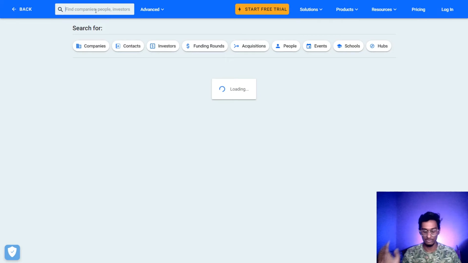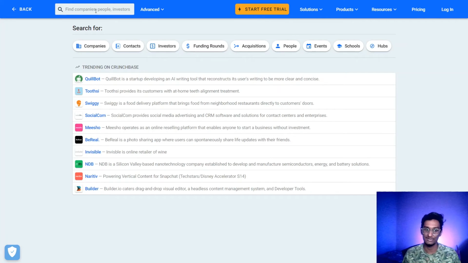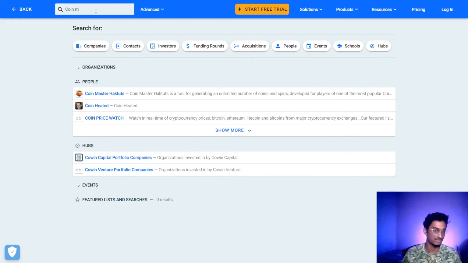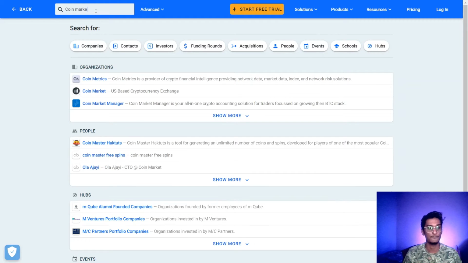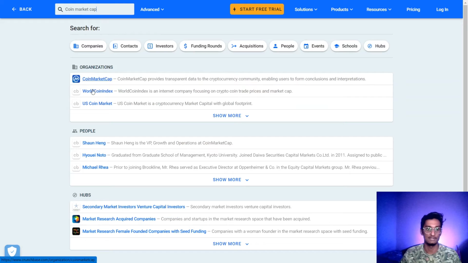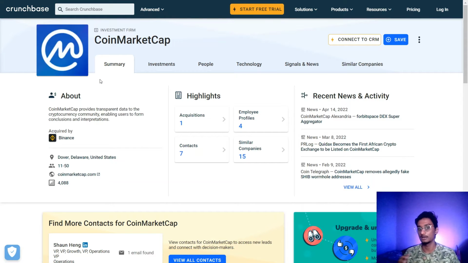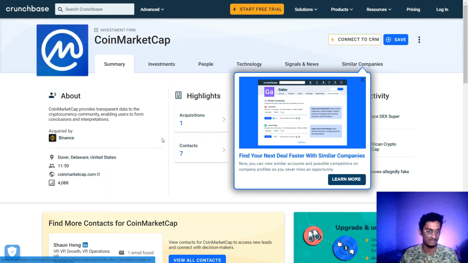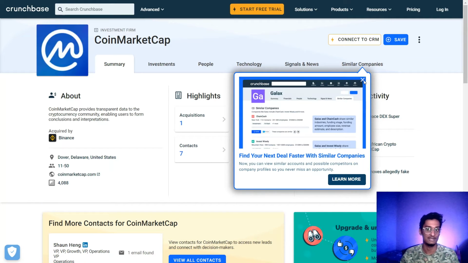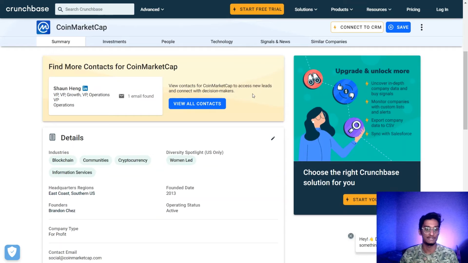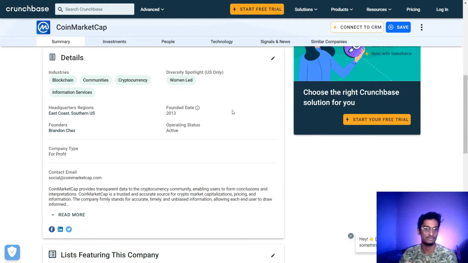So all you have to do is find the search button out there and search for whatever competitors you have. Since one of my competitors was CoinMarketCap, I'm going to search for CoinMarketCap, and I can find CoinMarketCap over here. I'll click on that, and this will give me a complete overview of what the company is, a short description about it, where the headquarters is placed, and what acquisitions the company has. Sorry for this. And if you move a little down, it'll also give you